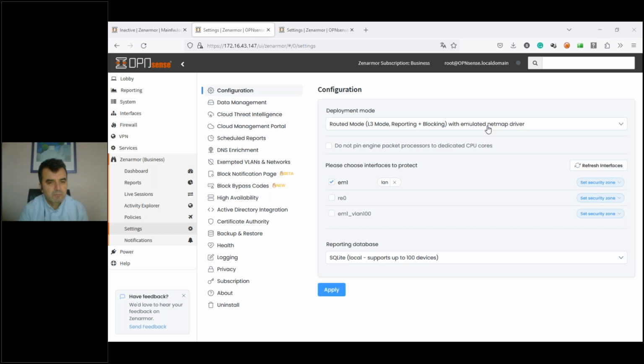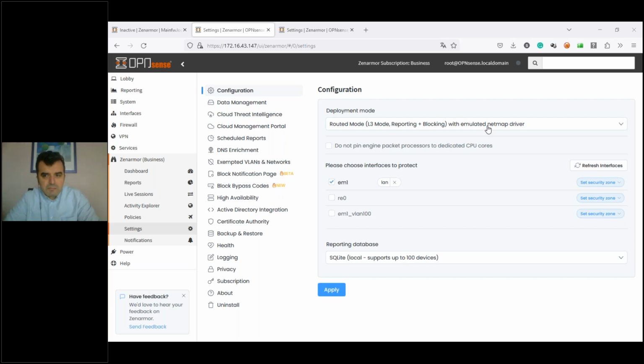But emulated lets us use Netmap with a wide range of interfaces. It had some performance and stability issues before, but with the Mate project, all stability and performance issues were solved. So we use the emulated driver by default.